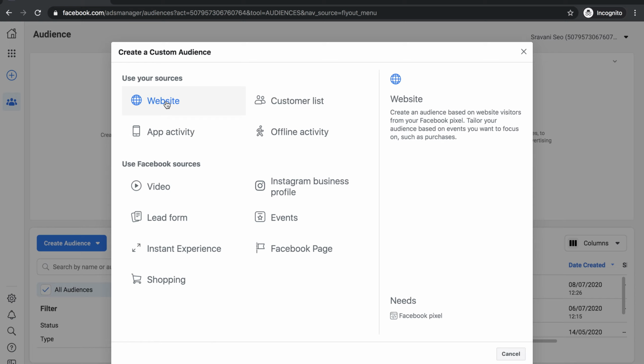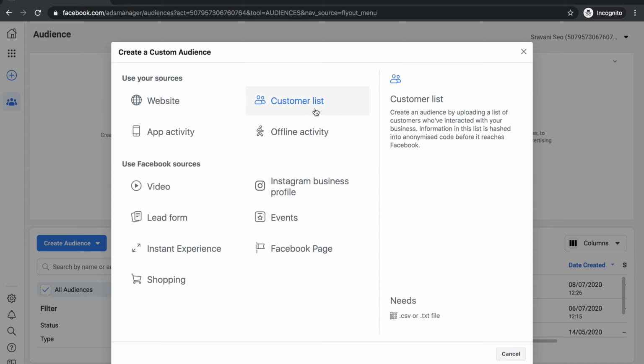So if you are creating the custom audience based on your website visitors, Facebook will look at your users, search for their profiles on Facebook and show your ad particularly to them. That is the benefit of website.